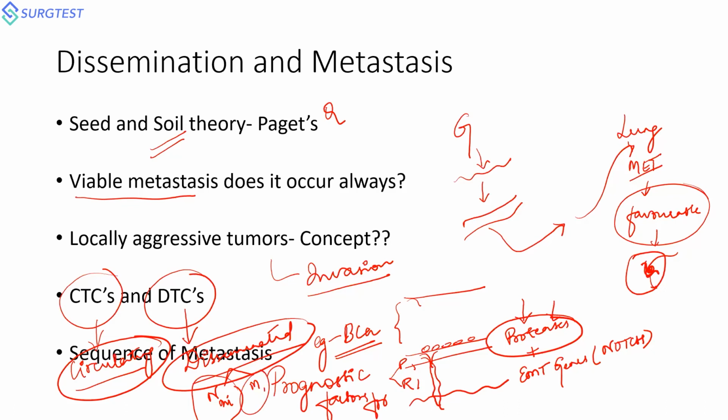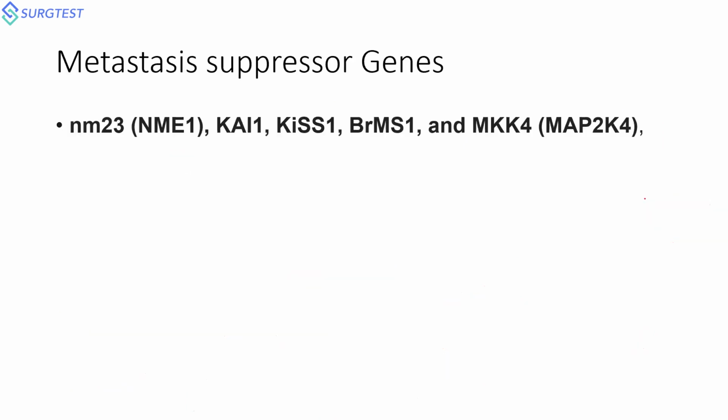The sequence of metastasis is what I already discussed. I already told you, there are metastasis-promoting genes and metastasis-suppressing genes. The most important metastasis-promoting gene will be your ATM. Why am I mentioning ATM? Because this was one of the MCQs in the year 2021, where which one of the following is not a metastasis suppressor gene was asked, and ATM was one of the options. So this is a pro-metastatic gene. It promotes metastasis and enables the tissues to spread to other parts of the body.